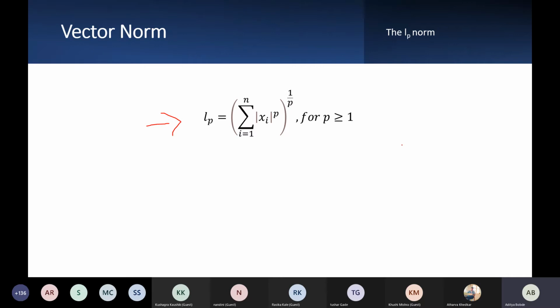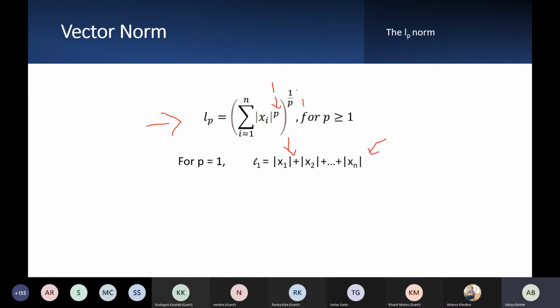When I substitute the value of p equals 1, I get summation of xi to the power 1 and whole to the power 1. So what is that? Modulus of x1. Again, putting i equals 2, I get modulus of x2. Okay, that's simple mathematics.